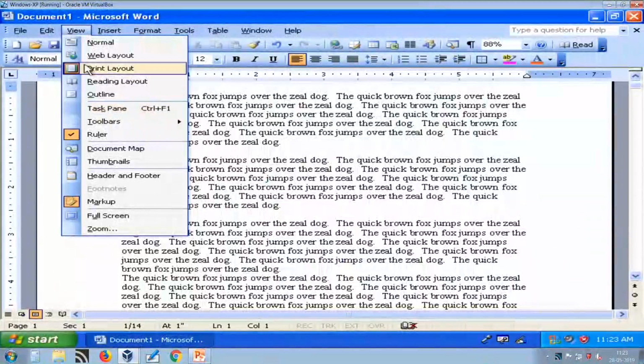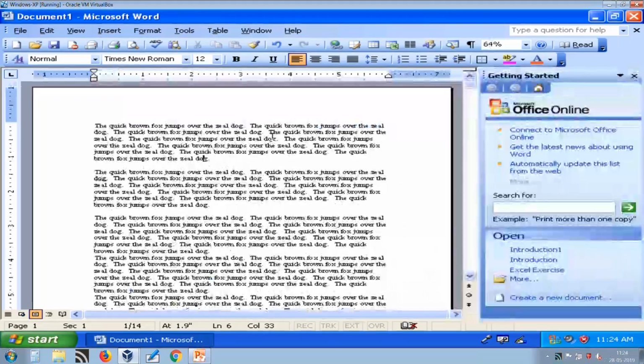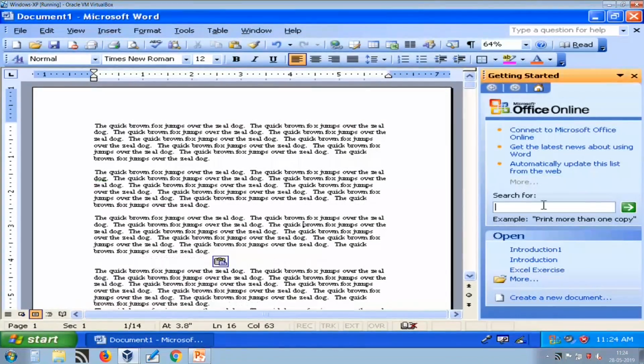So, let us see how we can hide or show the task pane. Here you can see the shortcut key is Control F1. I am pressing Control F1. So, this is the task pane. Here you can search for different kinds of things.